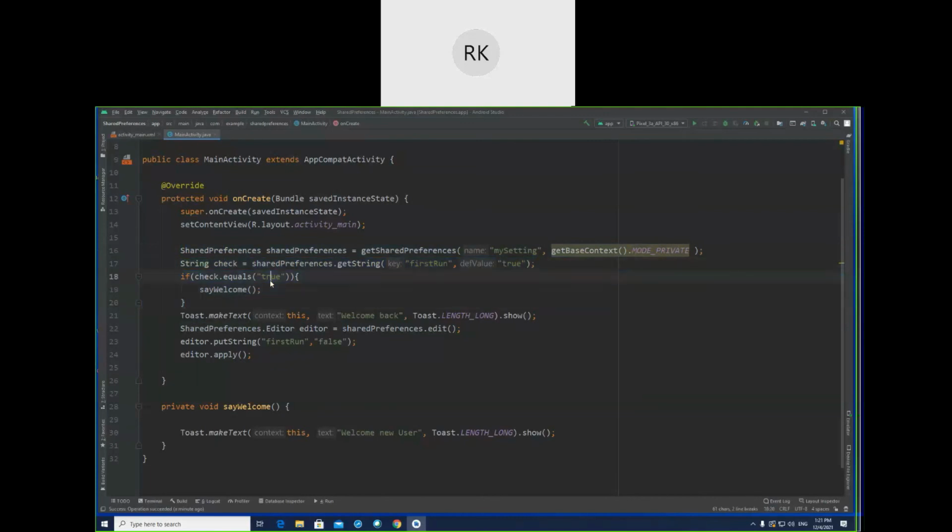Let's suppose its value is true, meaning it's running for the first time, then display the welcome new user message. Once it has run, then edit its setting, because it has already run one time, so next time it will not be its first time, and then there will be a different message, welcome back. In this way you can customize different messages.